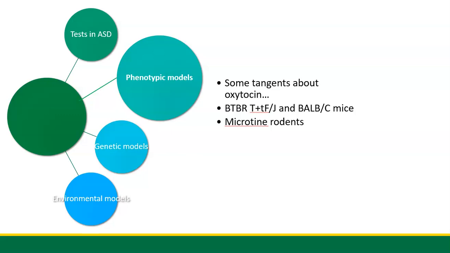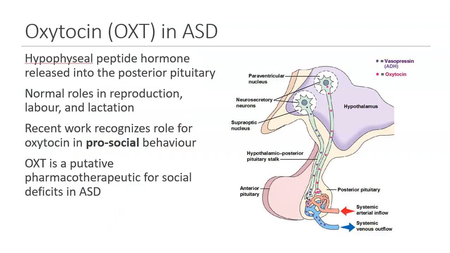So first, let's get on to that oxytocin. So oxytocin, which will be abbreviated mostly as OXT. If you see just OT, that's also oxytocin. I get confused sometimes and forget the X. So if you see OT, it's also oxytocin. Anyways, so oxytocin has been contributed to be associated with ASD,